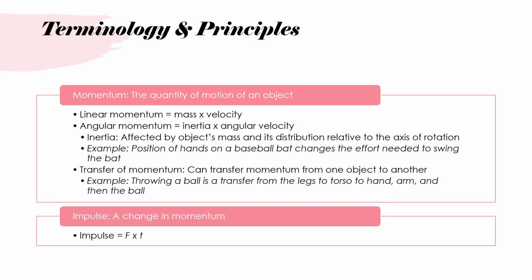Impulse is directly related to the change in momentum of an object. According to Newton's second law of motion, the change in momentum of an object is equal to the impulse exerted on it. In this case, the impulse exerted on the ball causes it to gain momentum and move in the